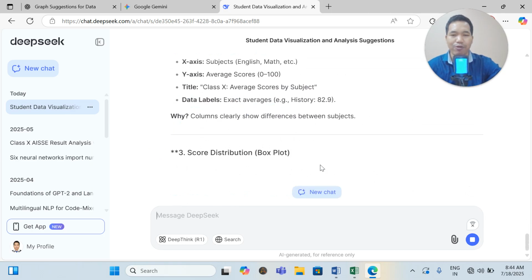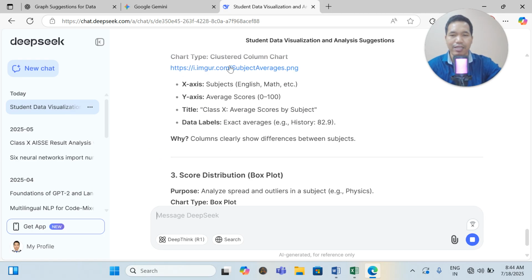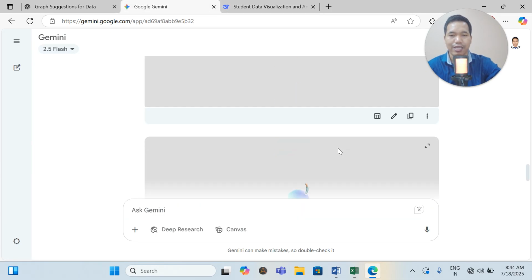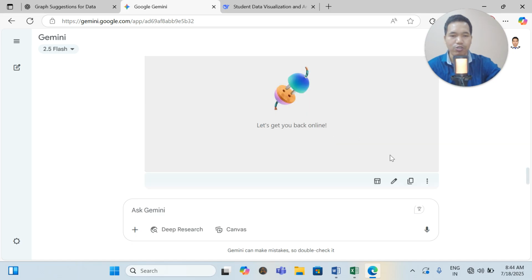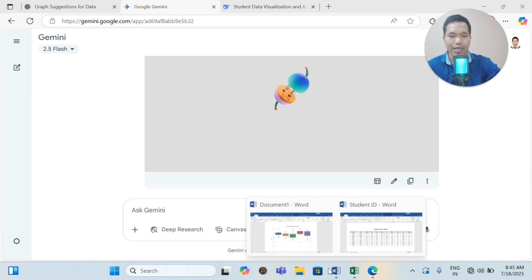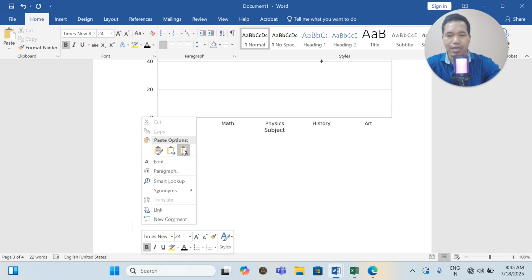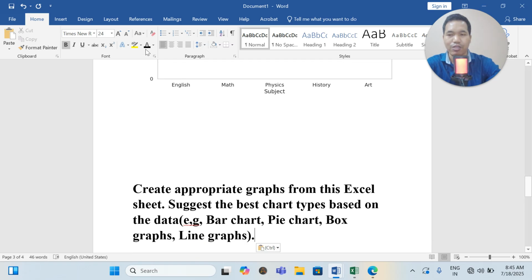Okay, in this way you can generate. Fine, here their images are there. You can generate here also. You can click this and it can be generated here. Let's see, it is being generated here also. Maybe because of a net issue, you can just copy the chart as an image, and you can try in the Word file and paste it here. Okay, let's try, just paste it here, and you can do create.